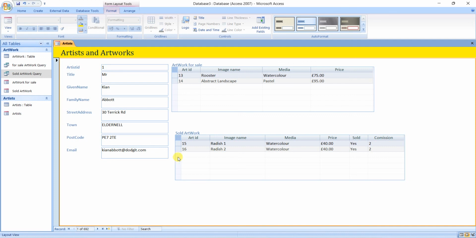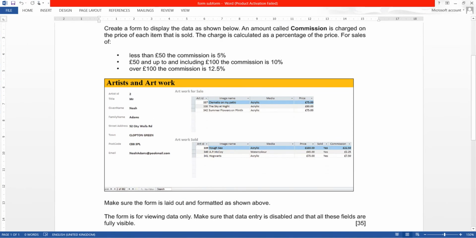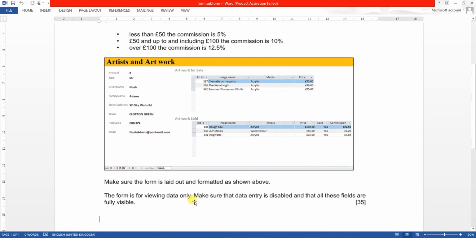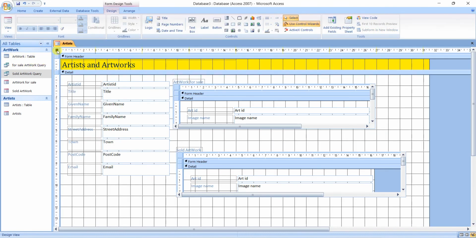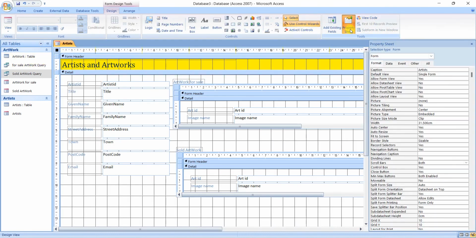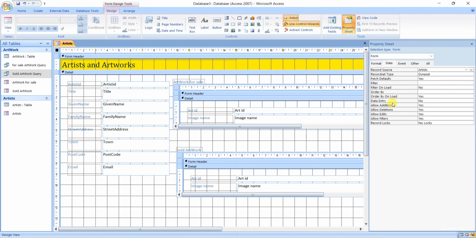Now let's find. Here we have nothing. Search. Okay. Now here. But for the whole data entry form here, go to the property sheet in the data entry